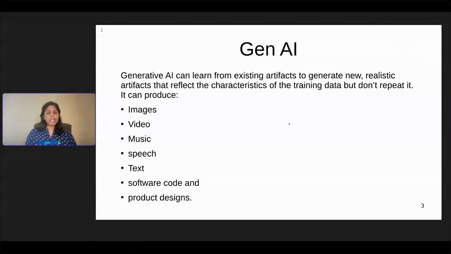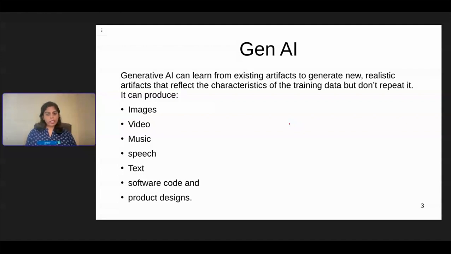So generative AI definition is that what we have been hearing about for so long. So it's not just learning from existing artifacts, but it's going to generate new and realistic artifacts with a lot of parameters into consideration, right? So it could generate new images. You would have seen Gemini ad everywhere, right? So where it generates images of a dog based on your request, right? So that's a very good example for Gen AI.